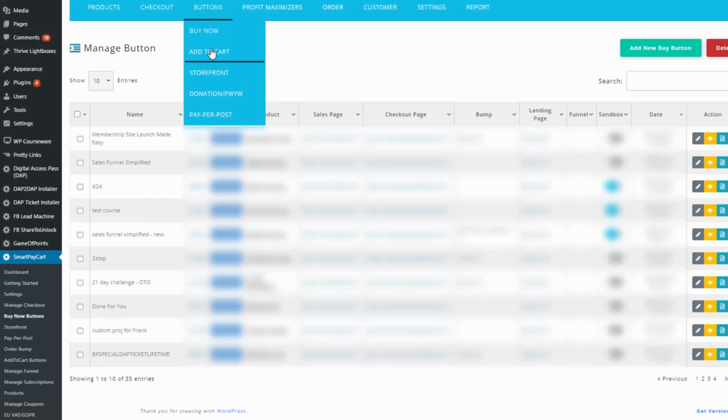You can also create different types of payment buttons in SPC, add to cart, donation button. If you want to create a Netflix style pay per post model, you can do that too. And you can also create a storefront where you can let SPC know what are the products you want to display in your store. SPC will give you a short code, publish it on your WordPress page, and you will have an instant storefront. You can use SPC to create and sell all types of products, one-off payment plans, subscriptions,